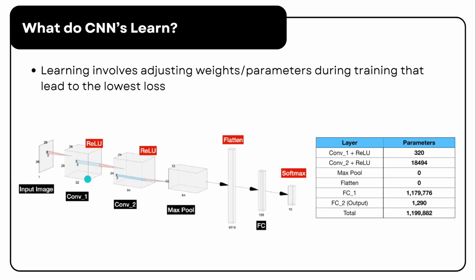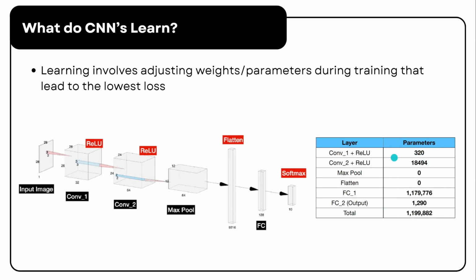So when we talk about what CNNs learn, we are really referring to these parameters. For example, this network learns